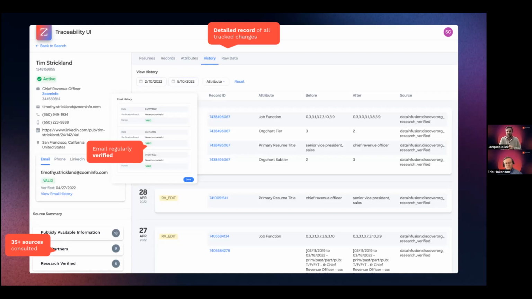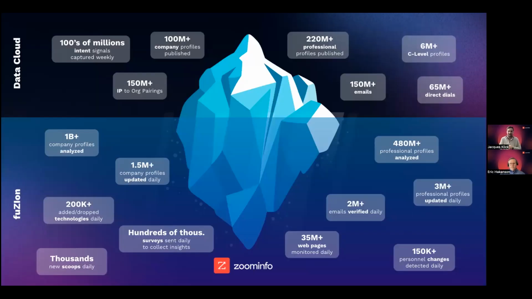And that sets us apart in the marketplace. All right, one final layer deeper. This is a look behind the scenes of what data actually ends up in the database that all of you are interacting with every day. Because of our rigorous 5-step data quality assurance program, we are not publishing everything that we have on file today